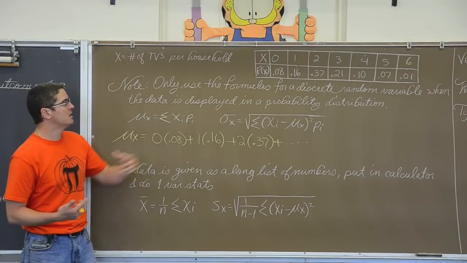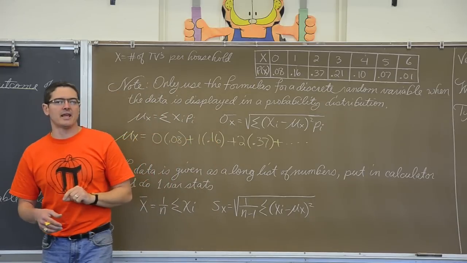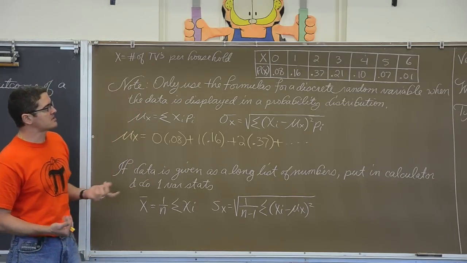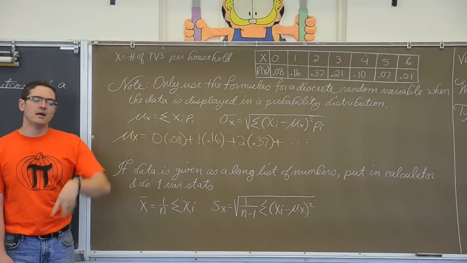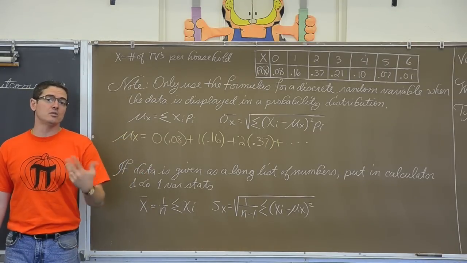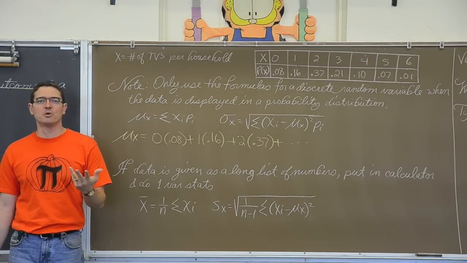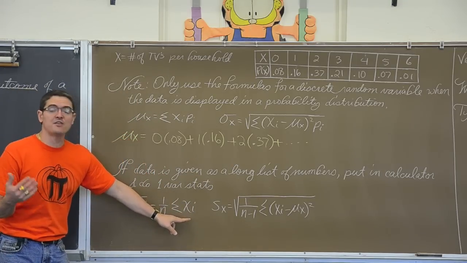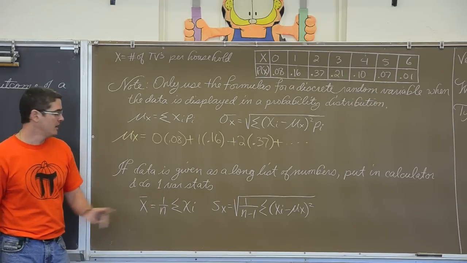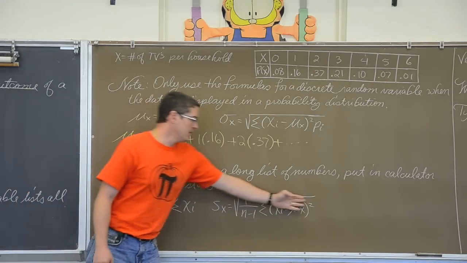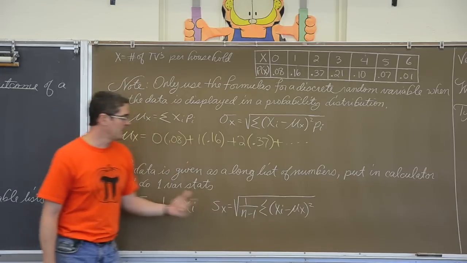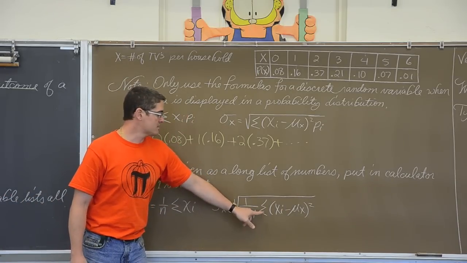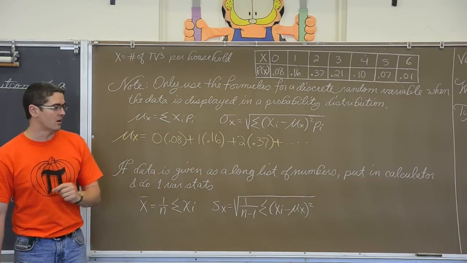even though I can count that I'm only accepting 7 possible answers, if you just give me these 50 numbers, I'm not necessarily going to take the time to make a PDF table. I'll just put those numbers in list 1 and do what you learned in chapter 2 or 3 in your textbook, which is simply do 1-Var Stats with your calculator and let it add up all 50 numbers and then divide by 50. And the standard deviation of my sample, 1-Var Stats will run this formula, which is the square root of 1 divided by n minus 1 times the sum of x sub i minus the mean of x, squared.